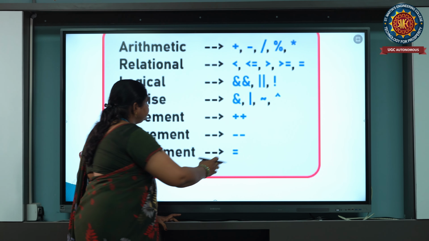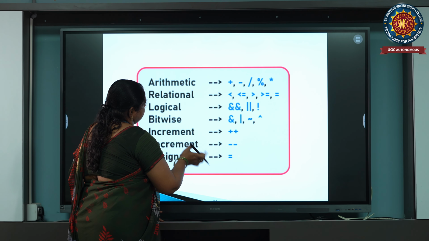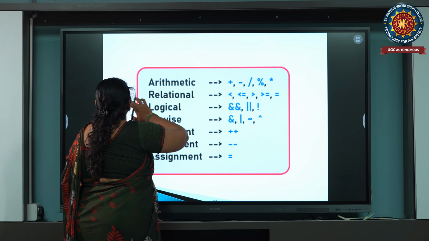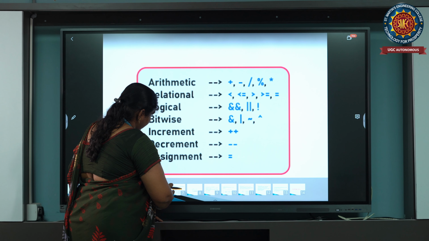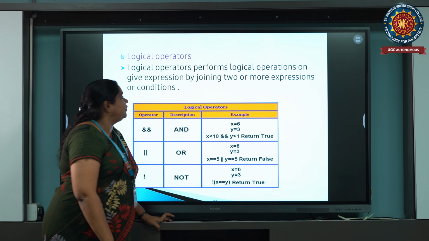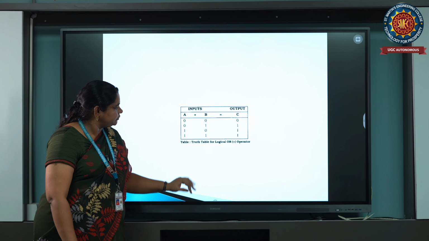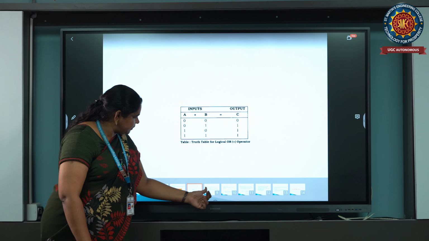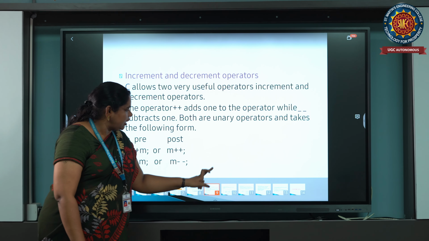And next, there are different types of increment and decrement also. So here we are using the logical operators. Okay, we can discuss the different types of this one also, and increment and decrement also.